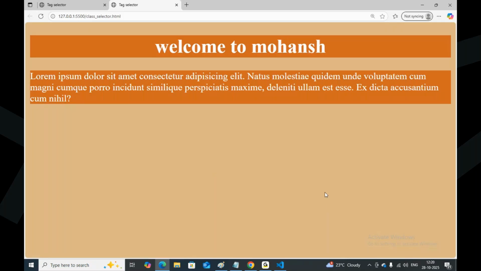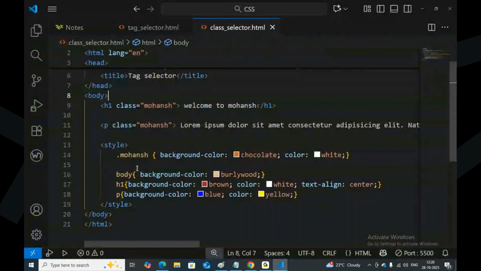Class only. Chocolate background color, white color text I got. Am I right? So remember, sir, class selector is the first preference when you have class and